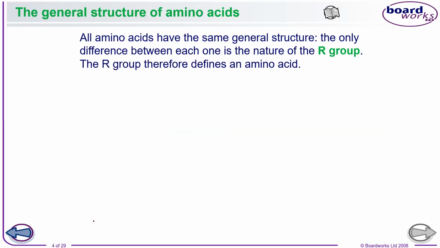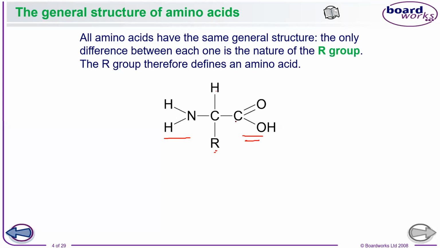Okay, then we have already discussed this general structure, but again, you can be asked to identify it. So this is how the structure is. We have a central carbon attached to hydrogen, then an R group, which can be any molecule, and look at the functional group, one on either end. We need this because the amino acid chains that are formed involve these functional groups in the reactions. The only difference between each amino acid is the nature of the R group. This R group can be different.